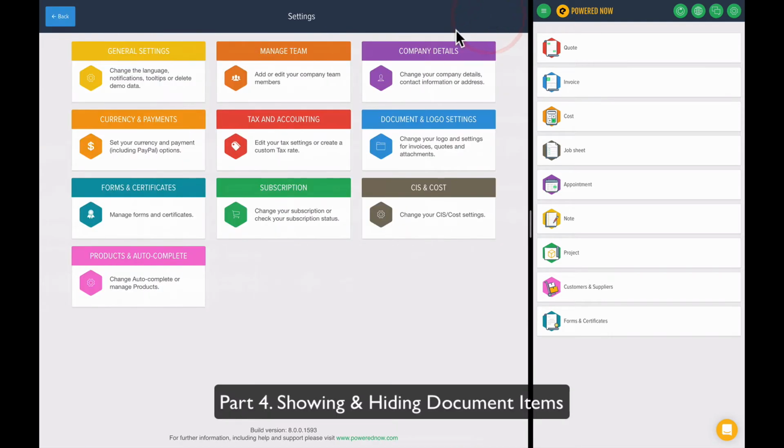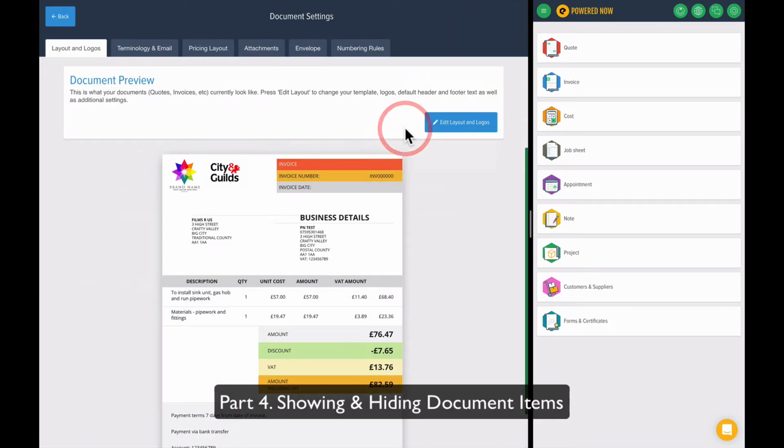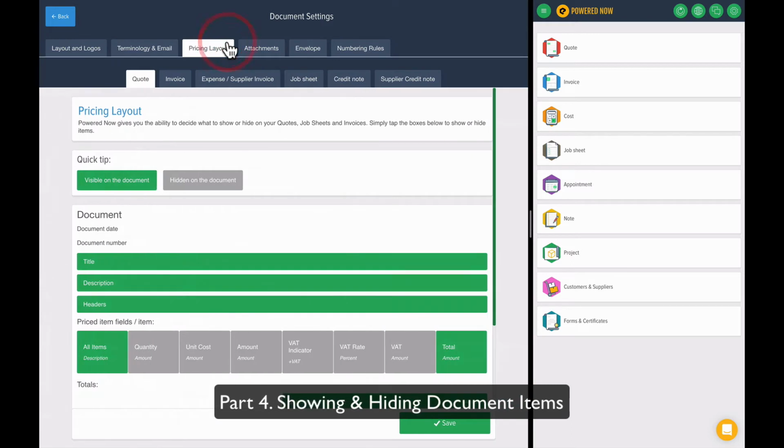I'm just going to hop back into those settings because what I wanted to show you quickly is you don't have to display everything on an invoice or a quote if you don't want to. And you can actually change what your customers see. So if you hop into the pricing layout tab, and I've got quotes selected at the moment, as you can